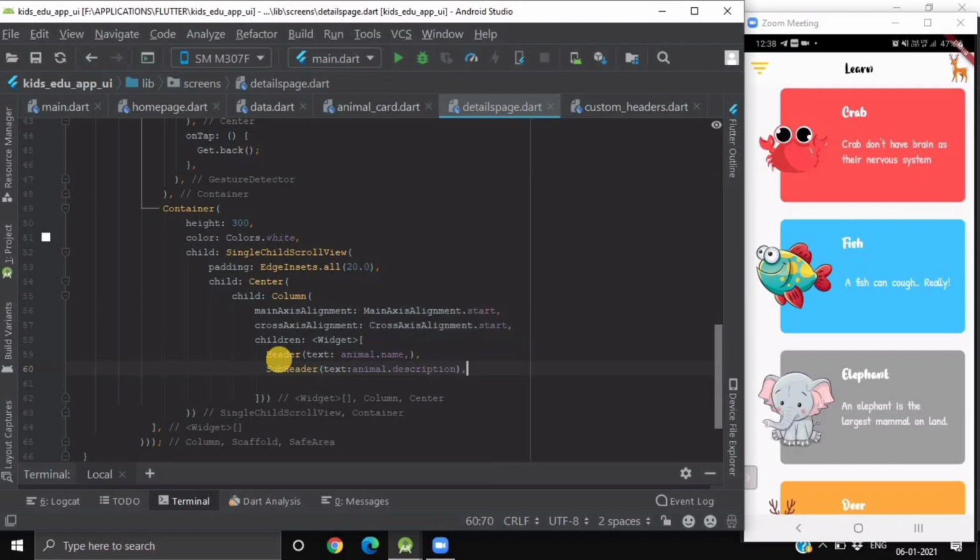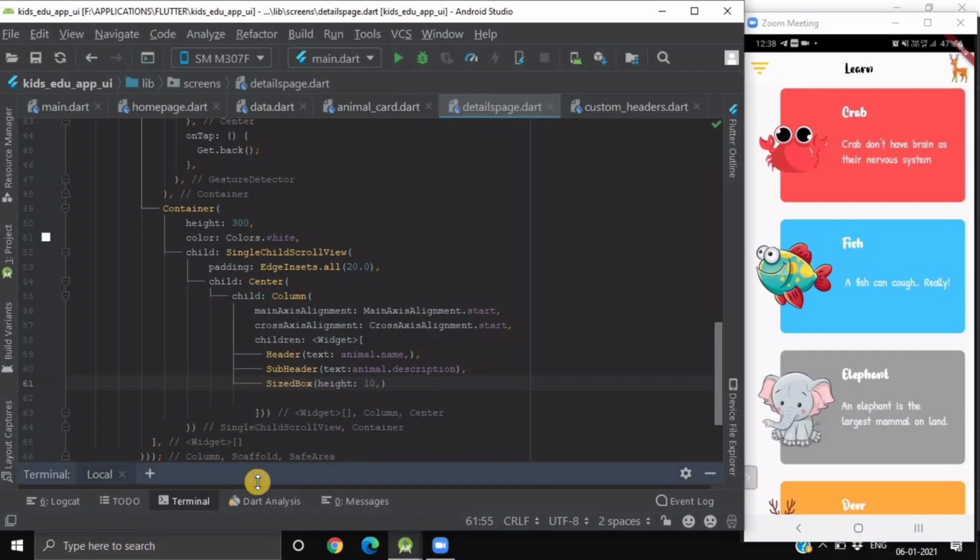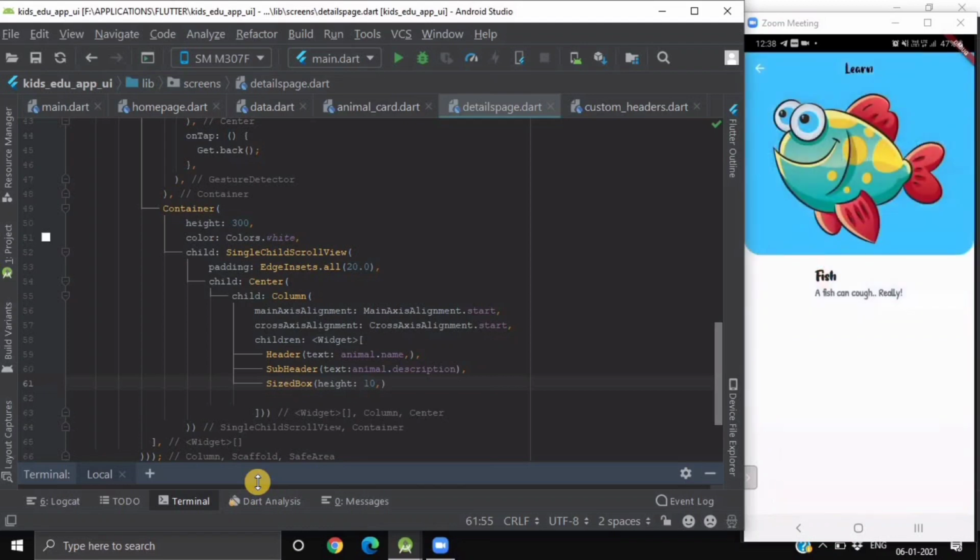Okay, and after this we'll provide a size box of height 10. So now we'll reload it. So if we click on this page, here you can see we are having a header and subheader. Okay, but there is something still missing. We should be having it in the right alignment.